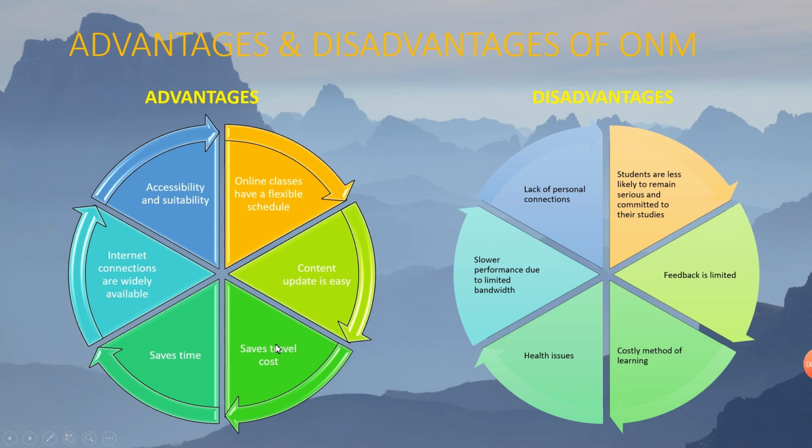Next, saves travel costs. Everyone is at their own homes or residences, so you need not travel to the live place. So here it saves travel costs as well as time. Next, internet connections are widely available nowadays. Almost everyone is using a different form, if not all the same forms, 3G, 4G, or even wireless fiber, whatever. So everyone tends to have internet connections nowadays. So that is the